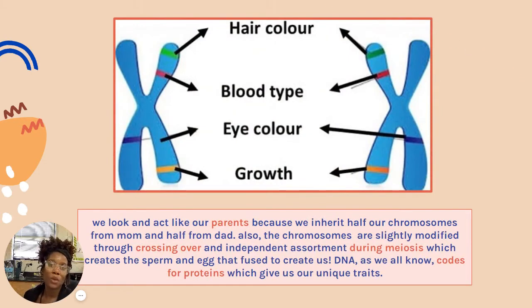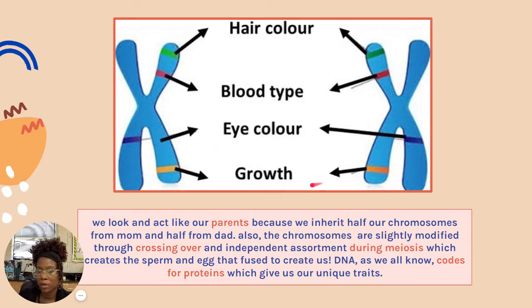So, why do we look and act like our parents? Well, first things first, you have to remember what a chromosome is. A chromosome is going to be like that, inside of the nucleus. Along the chromosome, there are these different segments. Those segments are called genes. And we know that genes code for our traits. So maybe this part of the chromosome, at this gene locus, is going to code for hair color, while that part of the chromosome is going to code for blood type, while this gene, a gene is just a section of a chromosome, is going to code for eye color,